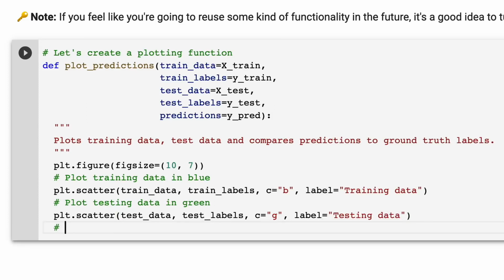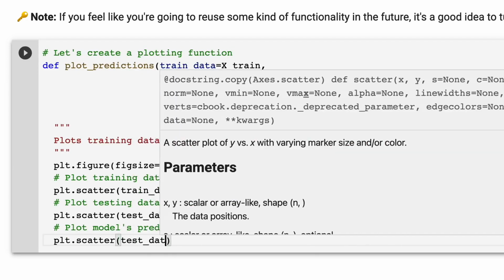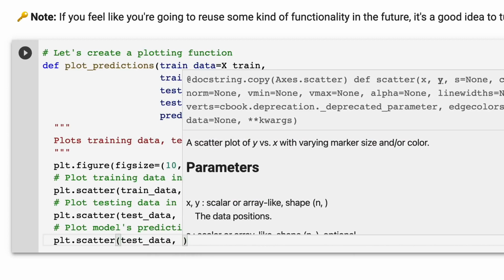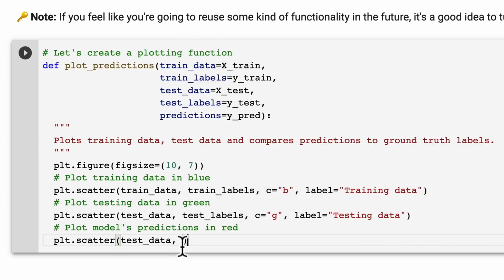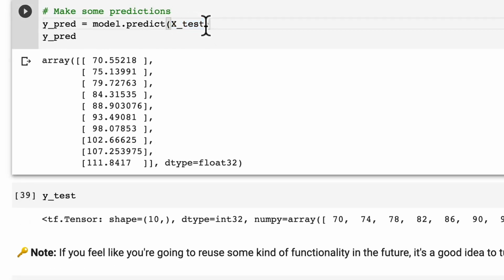Beautiful. And here's where we're going to add the extra dimension, or add the extra data set. We're going to plot the model's predictions in red. Nice and simple color scheme. Plot, scatter, and we want to compare them to the test data. So remember, we're passing our model to make the predictions. We passed it the X, so our predictions already have the X data built in, and they're predicting the Y